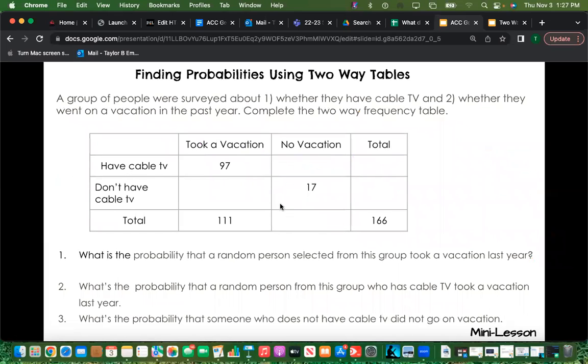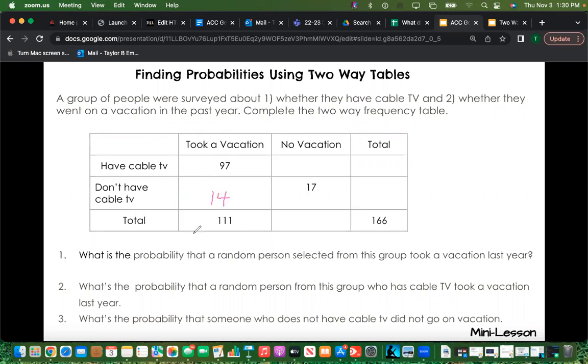Okay, so go ahead and look at the following frequency table. Notice how there are some empty spots. Go ahead and draw the frequency table, and we're going to try to fill in these little boxes. We're going to talk about it in just a second. Okay, if I want to figure out how many people don't have cable TV, but I know that 97 people have cable TV, and that there's a total of 111, I can take 111 and subtract 97, and that gives me